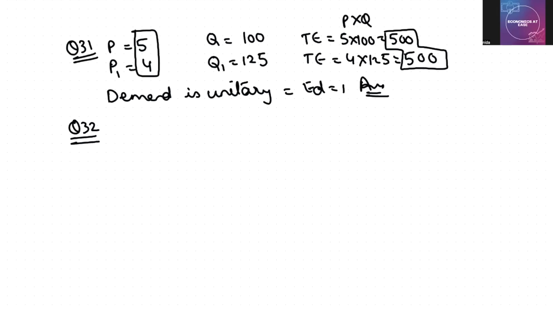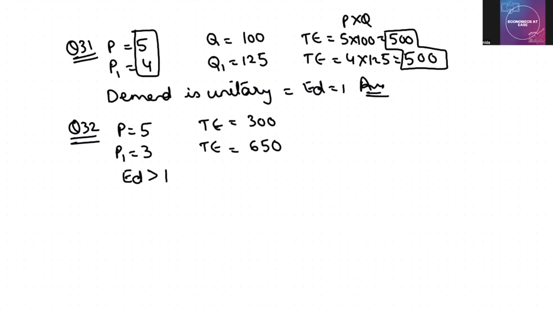As price falls from 5 to 3, the price falls हो रहा है 5 to 3. Okay. Total expenditure on the commodity increases. कहाँ से increase करिए 300 to 650. देखो प्राइस भी चेंज हो रहा है और आपकी एक्सपेंडिचर भी बढ़ गया. Our classes to demand by total expenditure method. So we can easily, without any further calculation, we can say ED is greater than 1 as